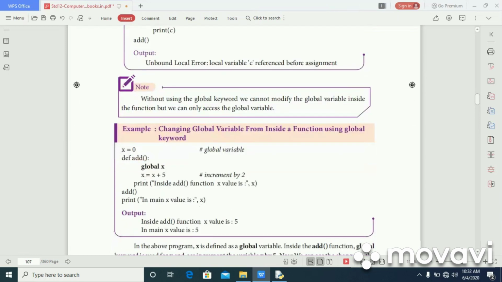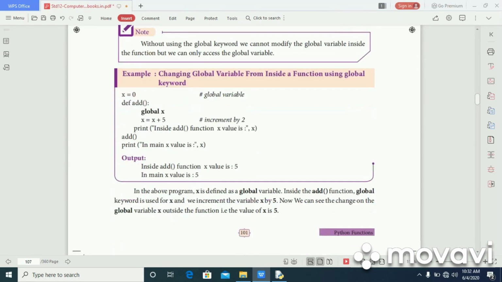Next one is changing global variable from inside a function using global keyword. x equal to 0, def add, global x, x equal to x plus 5. Here outside the function, the variable is a global variable, def add function definition, global x using the keyword global, then x equal to x plus 5, that is the incremented value.